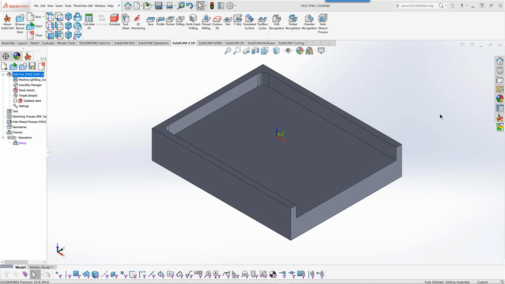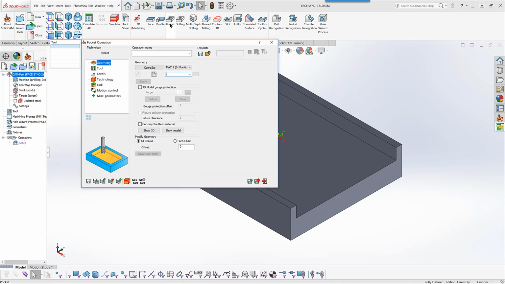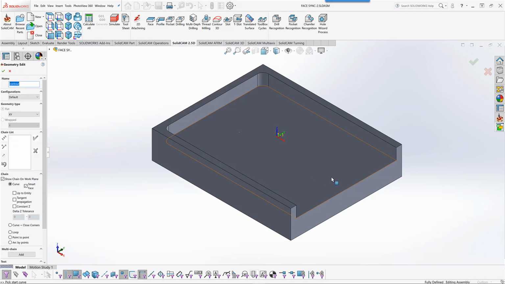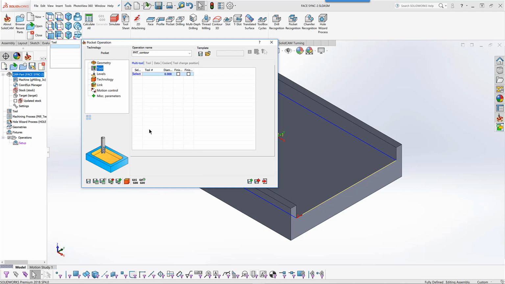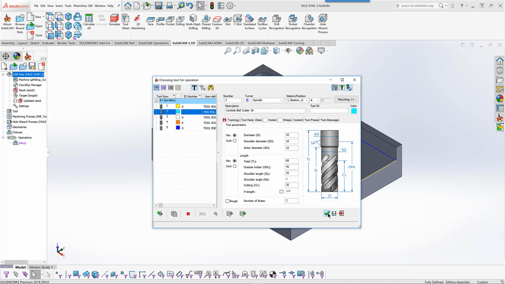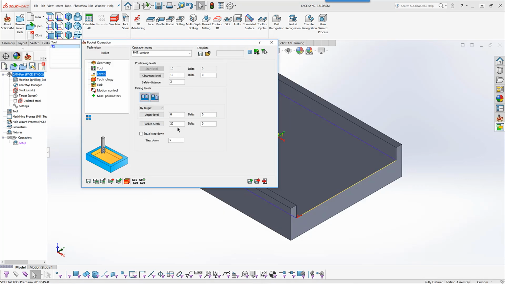We have now improved the synchronization of chain geometries when using the option of Smart Face to create the chain geometry. Let's, for example, take this pocket operation and we'll create a geometry using this face over here using Smart Face. We'll accept that. We'll add our tool, a 10mm end mill, and in our levels we'll just have it